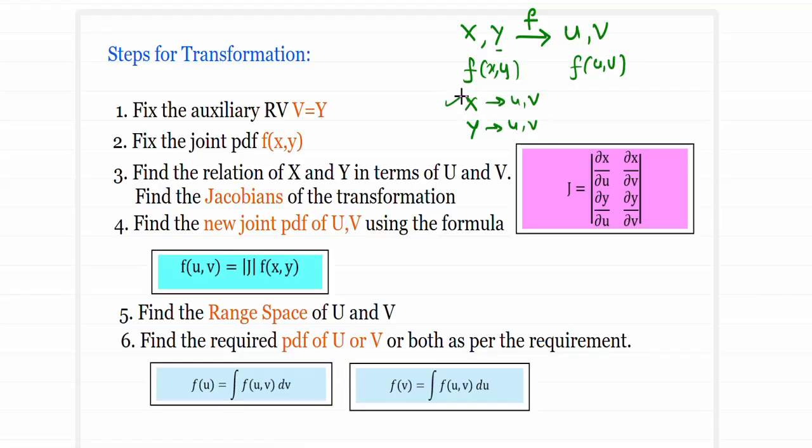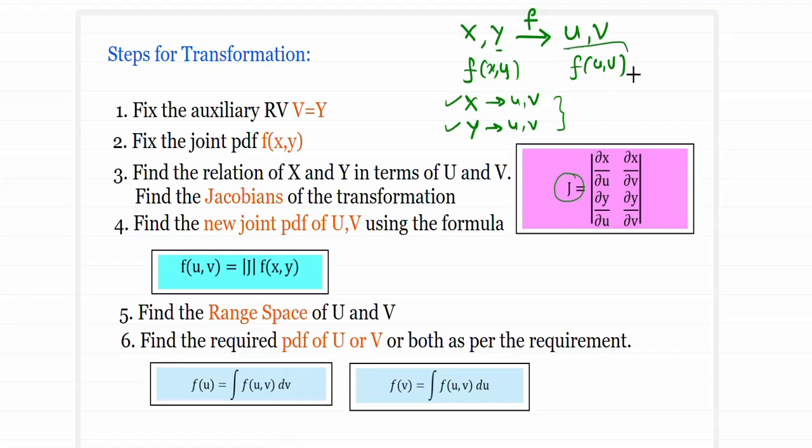If I know the relationship, then I will be able to compute the Jacobian of the transformation. Why is this Jacobian required? The Jacobian is nothing but the functional determinant of the partial derivatives involved here, which aids a smooth transformation from one space to the other space and back to your original space. So the tool that provides this aid is the Jacobian. We will be using the relationship we have obtained, x and y in terms of the new variables u and v, to compute the Jacobian value. Once all these things are done,